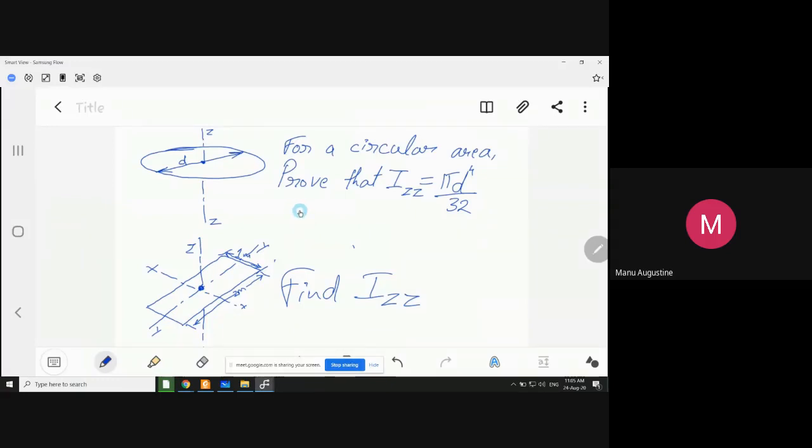Okay, while others are joining, let us start